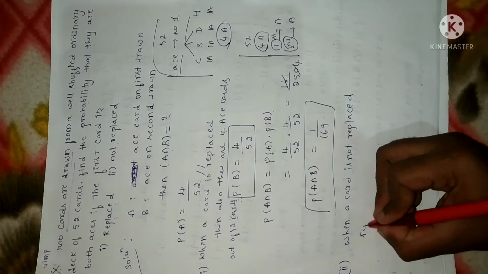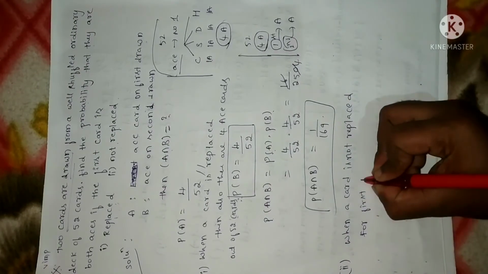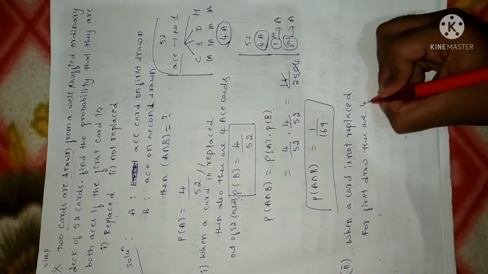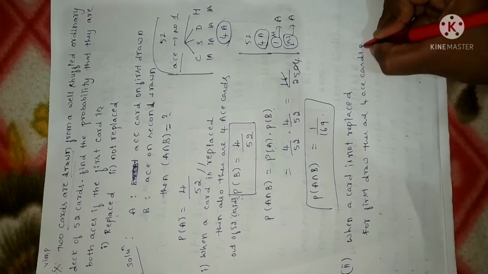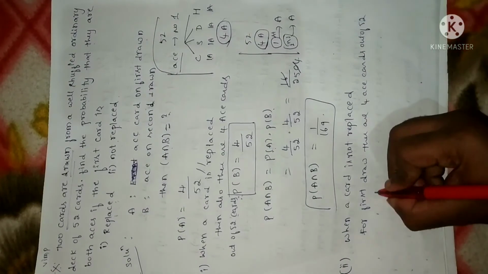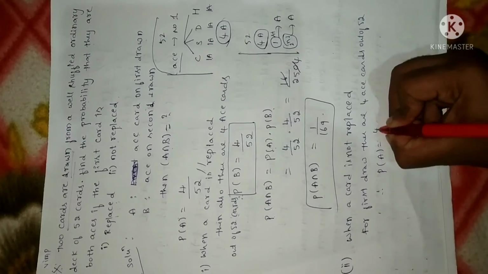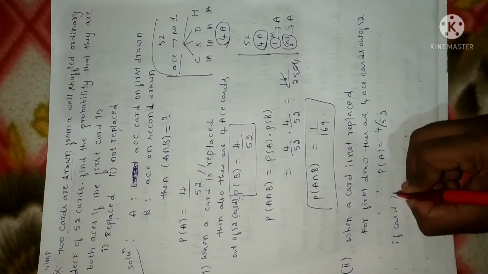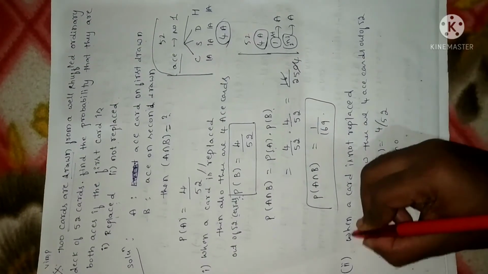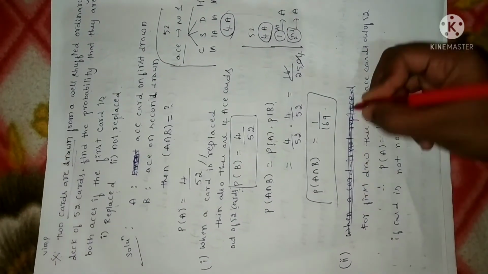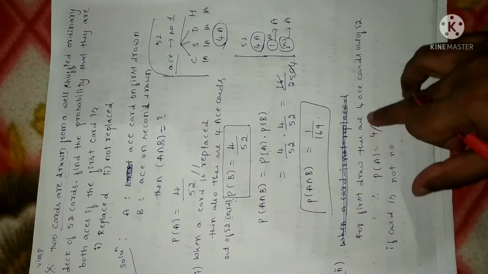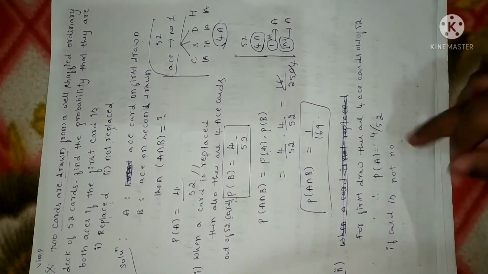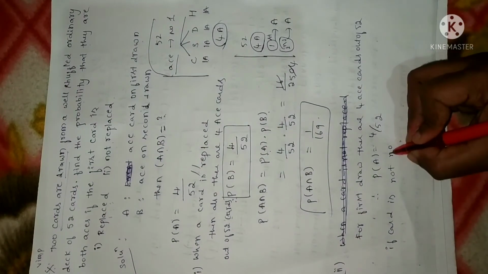Fine. So for the first draw, there are initially 4 ace cards out of 52. Therefore probability of A will be 4 by 52, right? Now, if the card is not replaced, this is for the second one. See here, for the first draw there are initially 4 ace cards out of 52 cards, so you are drawing one ace card from 52 cards. So if the card is not replaced,